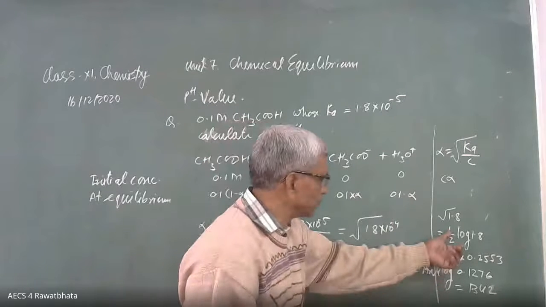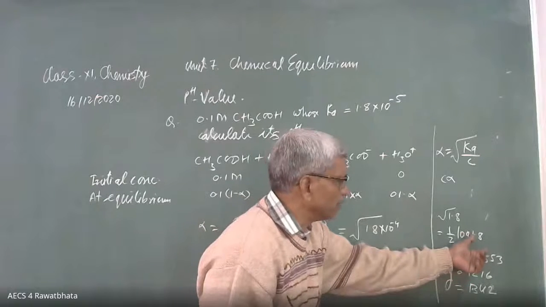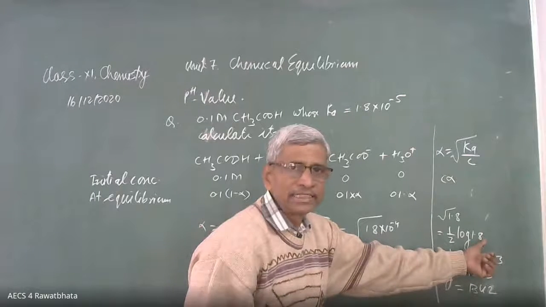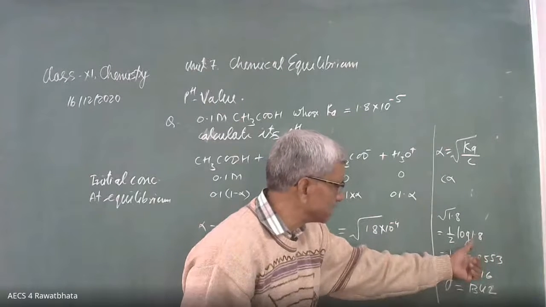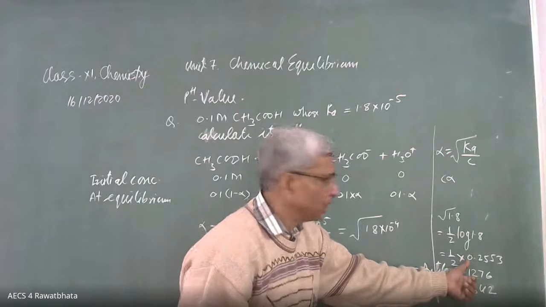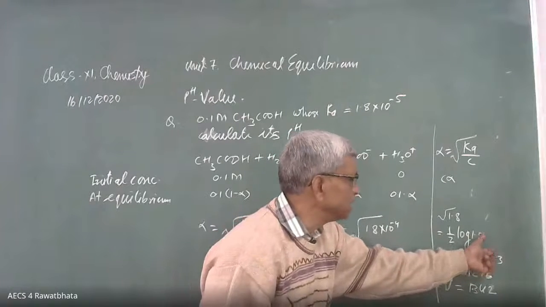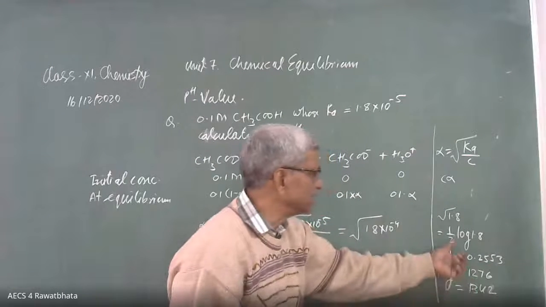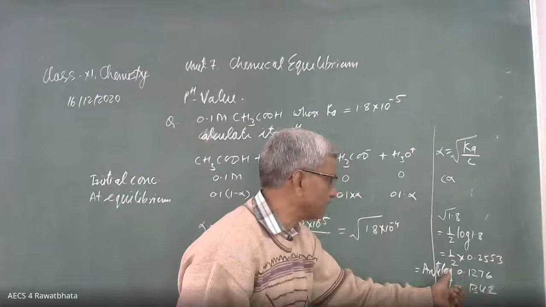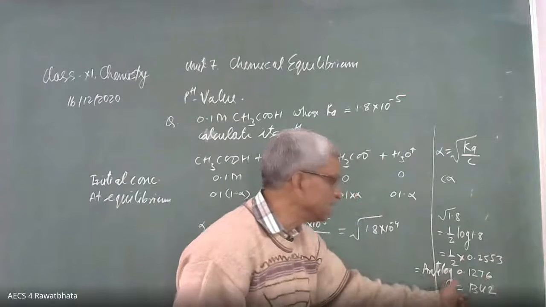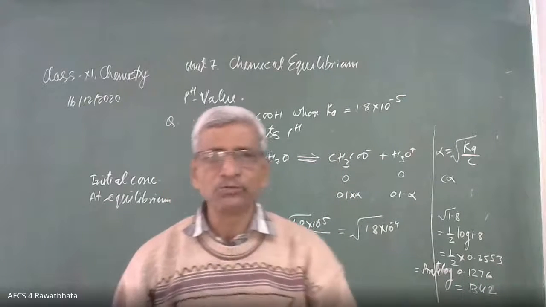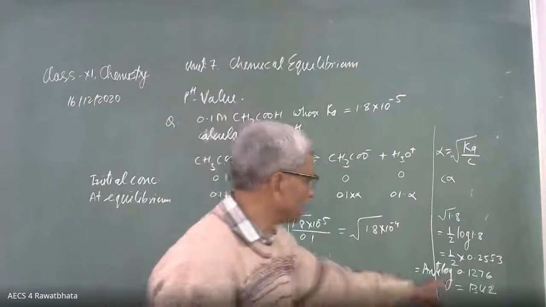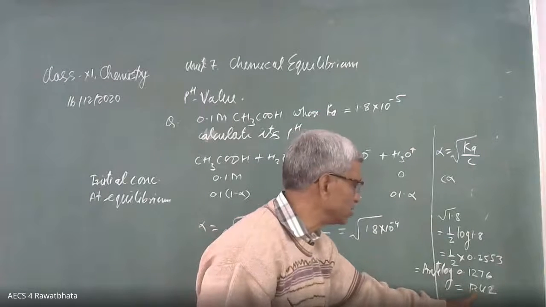Okay. So it is square root, that's why 1 by 2 into the log of 1.8. The whole number of 1.8 is only one digit, 8 is after the decimal point, that's why we have to take only one. Here one digit, that's why its characteristic is 0. After that, we have to take the log of 18 in the 0th column. First column is the 0th column, and that is 2553. This is the log of 1.8; take its half, it is equal to 0.1276. Its antilog we have to take, because we have introduced log from our side. Its final answer will come from antilog, and antilog of 0.1276 is 1.342.